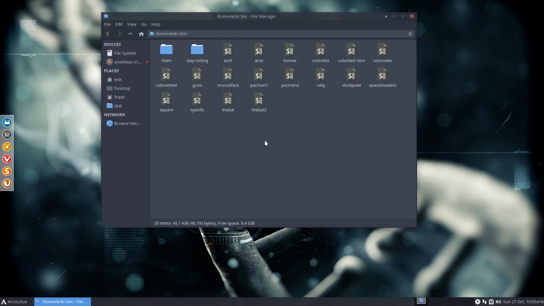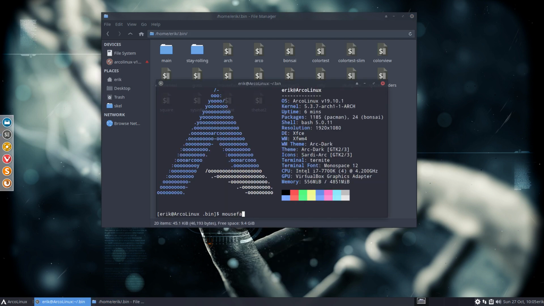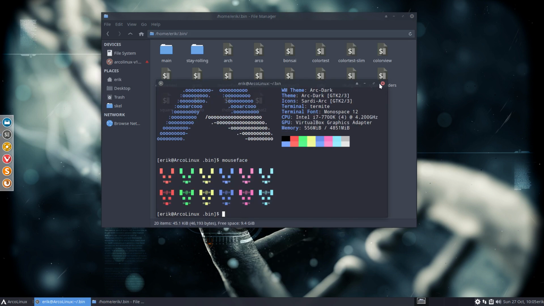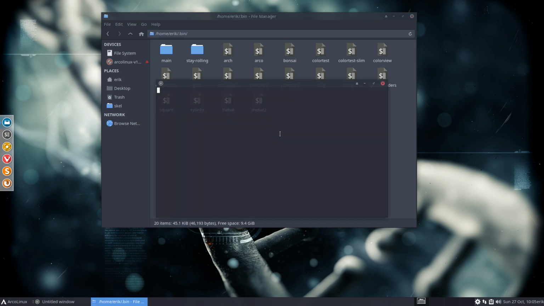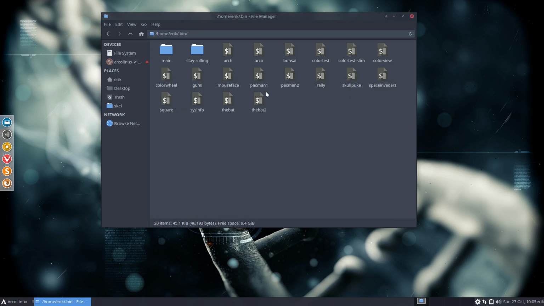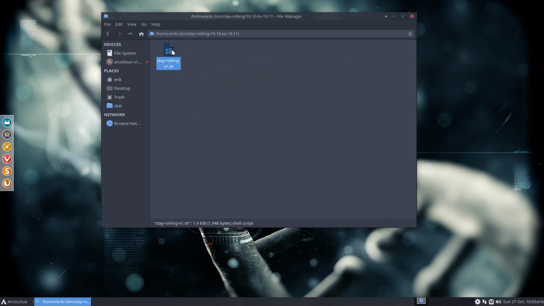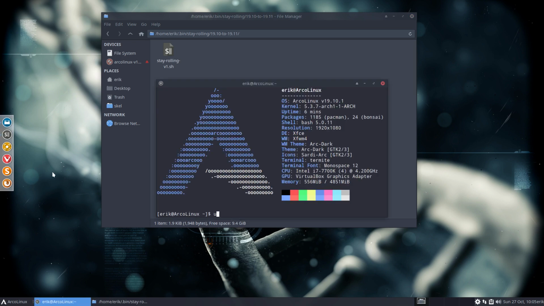Well, yeah, not the very last thing. Just want to type in mouse face, just quickly, done. And then I'm gonna say Ctrl-Alt-T. This is still version 19.10.1. Stay rolling is in here, 1910, 1911. And remember, when we did Ctrl-Alt-T of all,